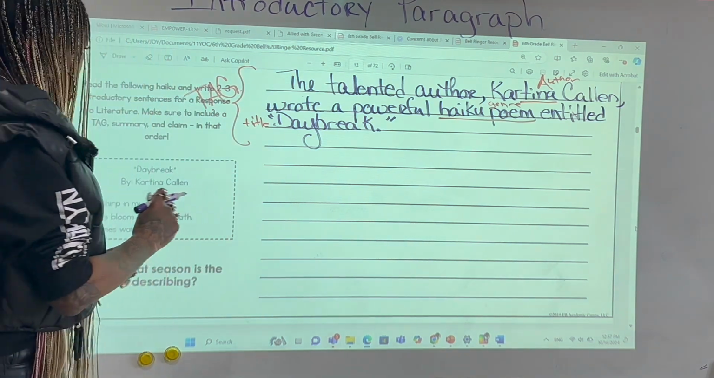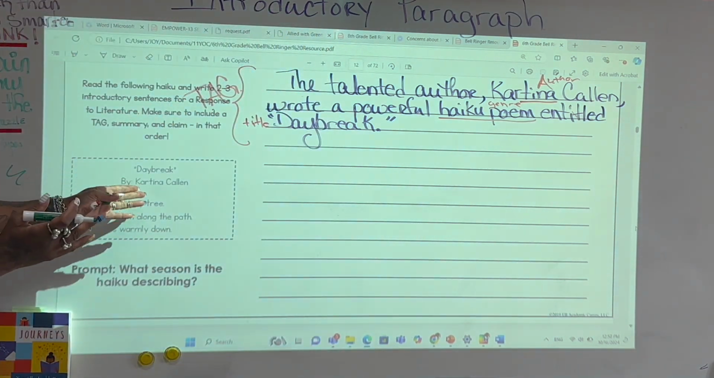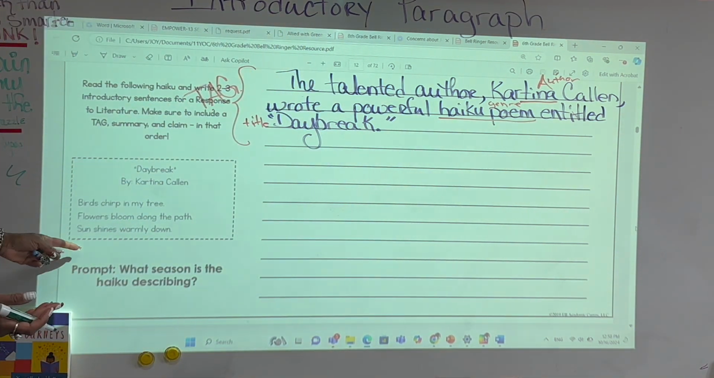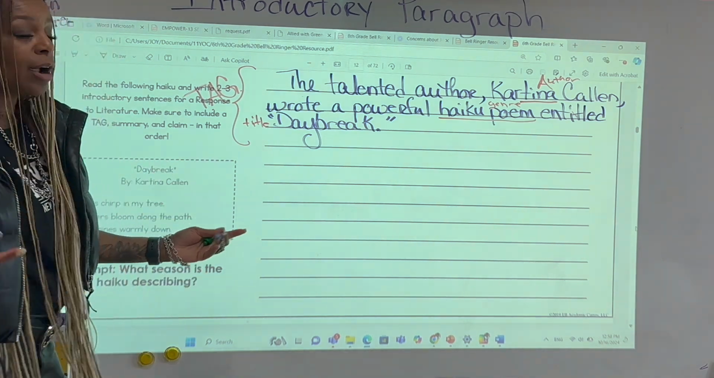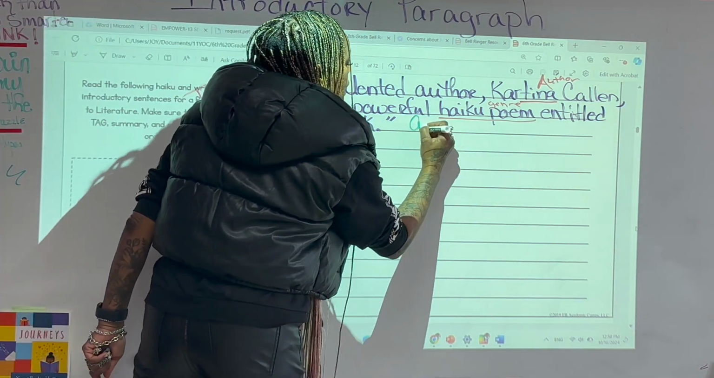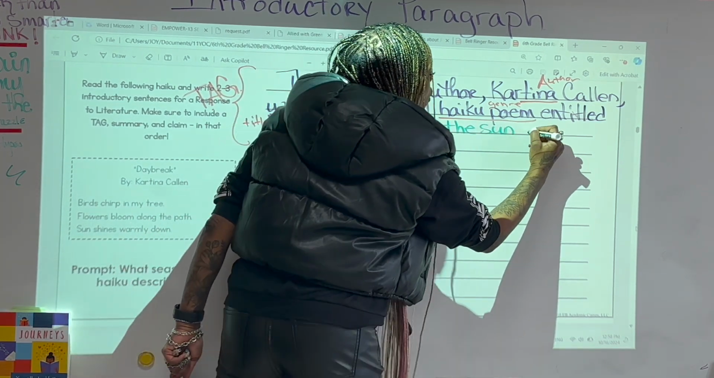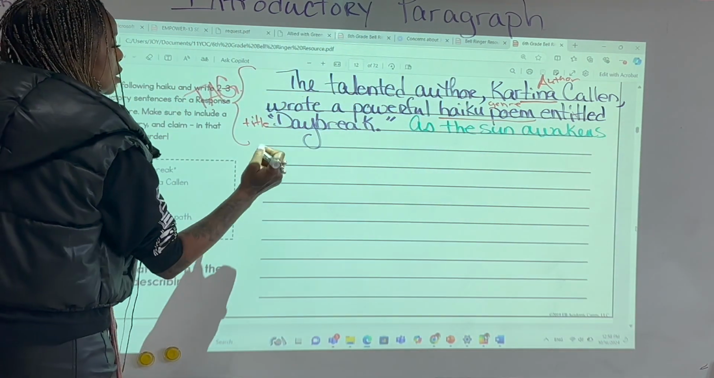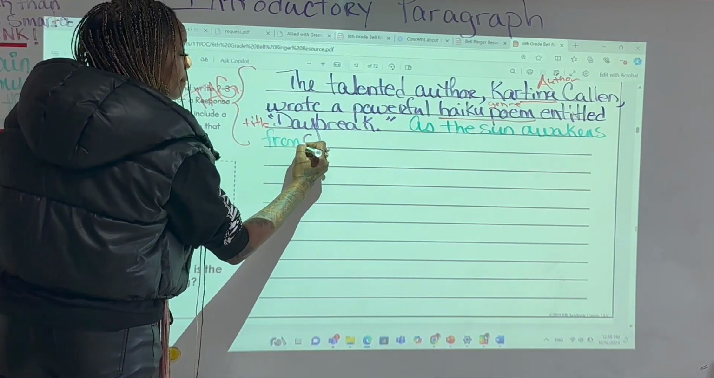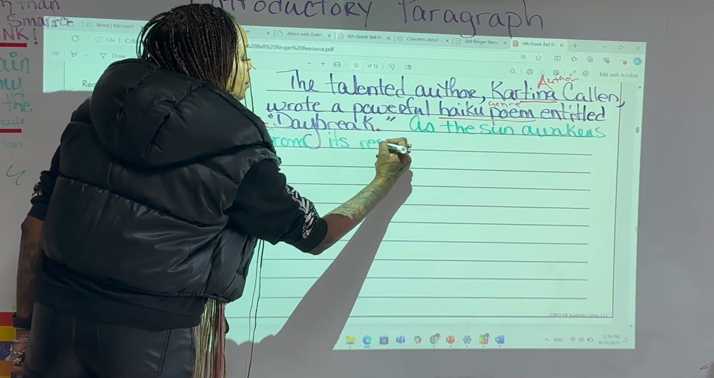So I'm going to use a different color. I'm going to say, so the sun is waking up because it's daybreak. It kind of tells you. And the sun shines warmly down. So where I'm getting some of these thoughts is only on the text and background knowledge. So as the sun awakens from its rest,